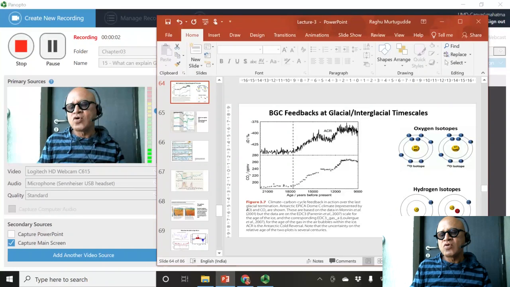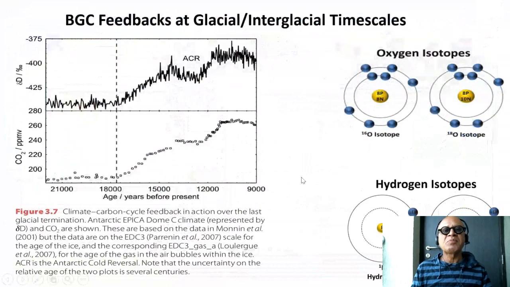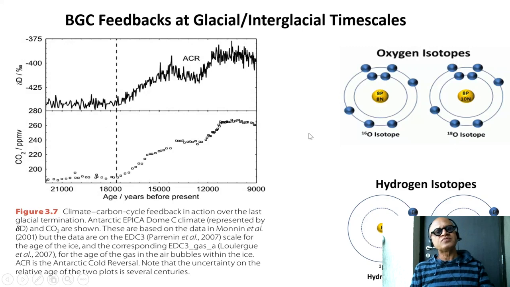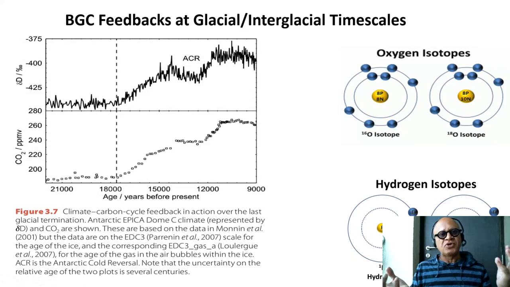Let's add a tiny bit more detail to the idea of biogeochemical feedbacks at glacial-interglacial timescales. We are now convinced that there is about 100 ppm change from glaciation to deglaciation and vice versa, decreasing during glaciation. All the data is interpreted using oxygen isotopes, as we mentioned, O18, and also deuterium, which acts pretty much the same way in terms of evaporation, freezing, etc., which one gets preferentially taken